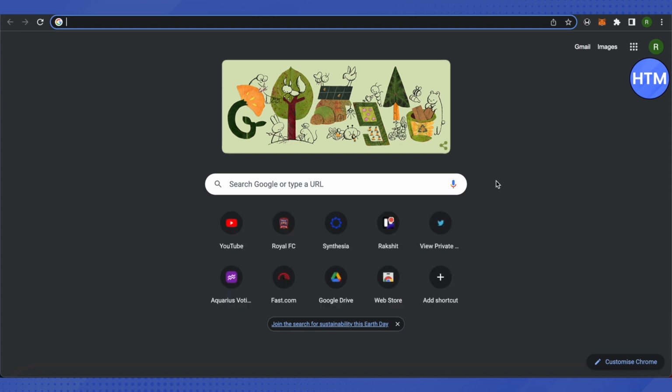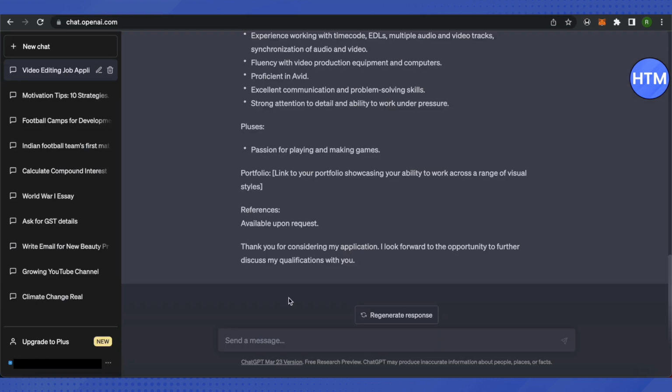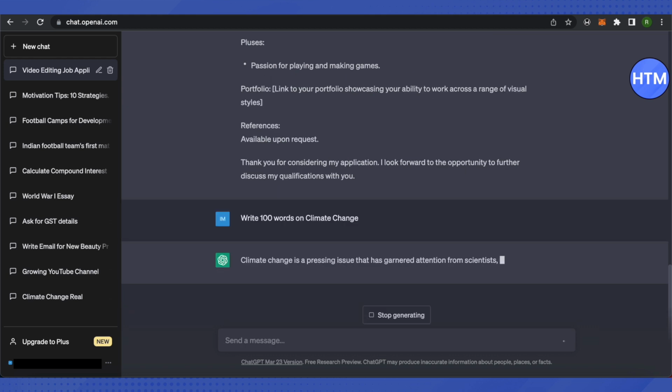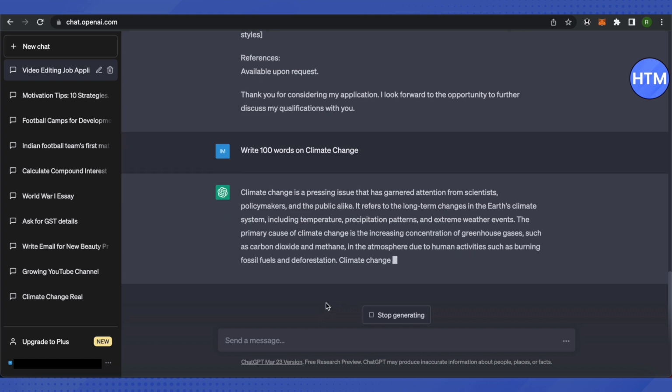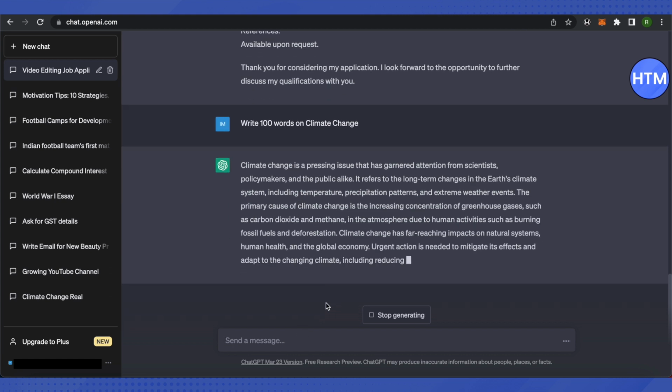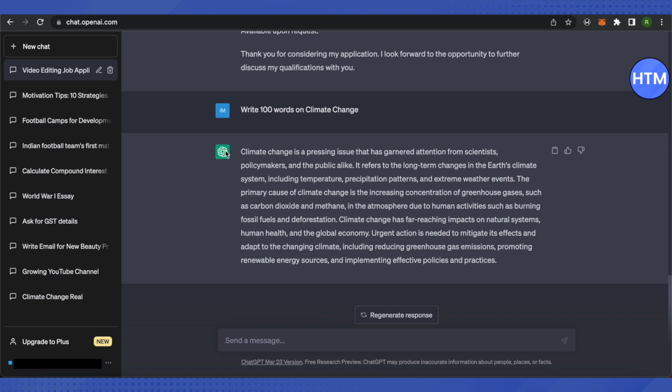So for that you need to open up ChatGPT, and after that search for anything that you want to search. Like you want to write an essay on climate change, then just type write and wait for ChatGPT to do its work. And as soon as ChatGPT stops, all you have to do is just copy this article, and instead of submitting it directly or using it directly on different platforms, what you have to do is just